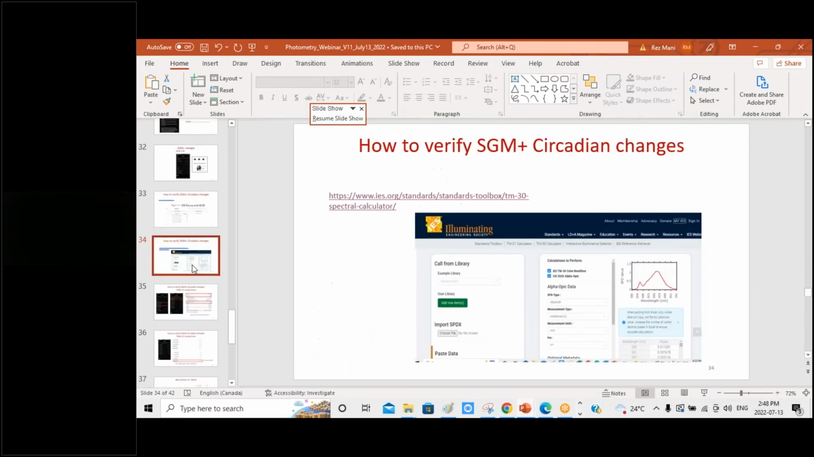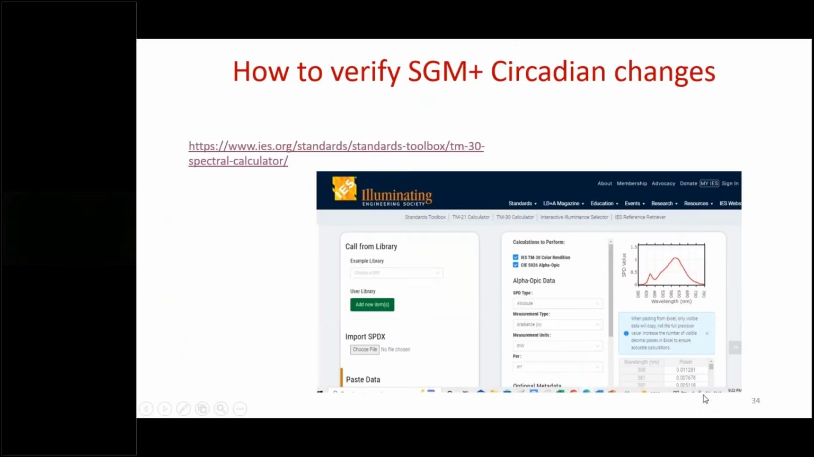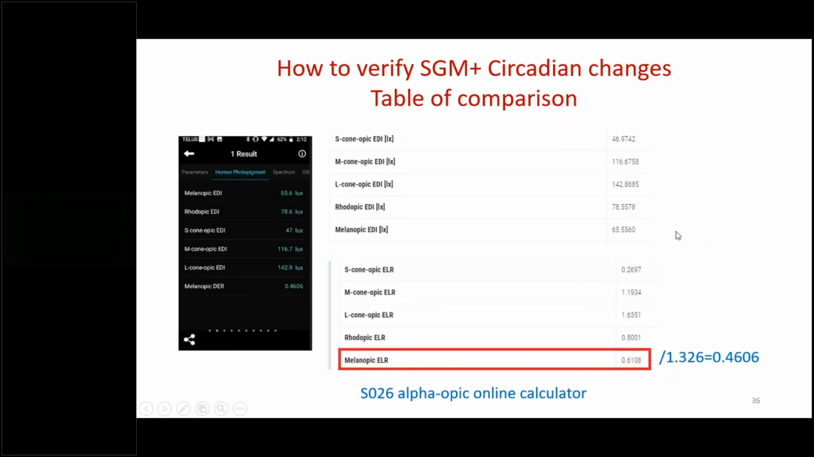So I have done screenshots of the Lighting Passport new app here. So this is from the new app 1.8.0. So it calculated circadian stimulus 0.15 and 0.146 here. So it's a rounding issue here. CLA 106, 106. MEDI 65.6, 65. So these are matches. And then for what we calculated from the S026 alpha-opic online calculator,